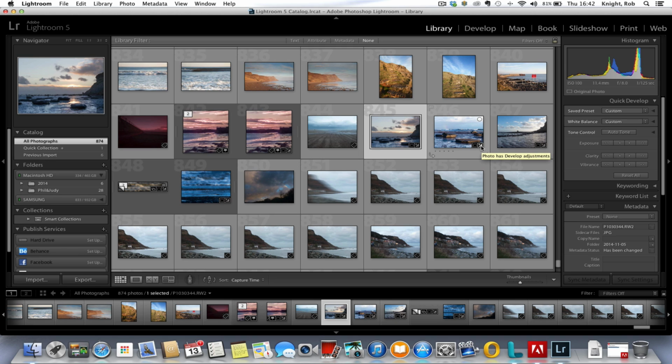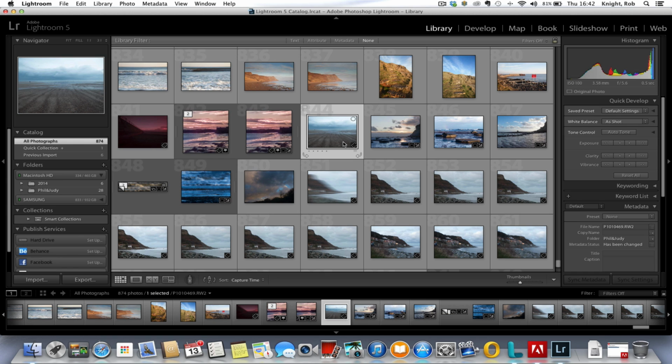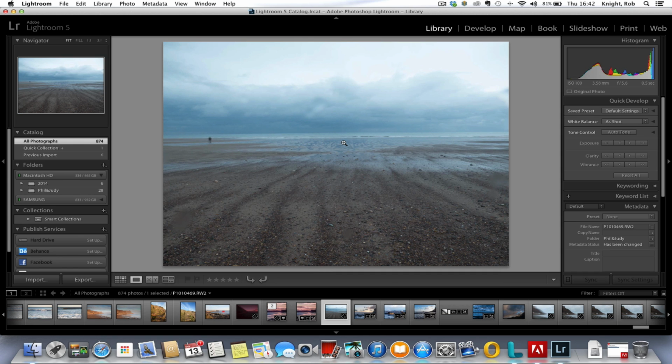If we hover over any picture, if you see the little adjustments next to it, we can actually see what work has been done on a photograph already. So again, it's really helpful to help us to see that we've actually worked on certain photographs already. So I'm going to pick one that we've not worked on for now. So I'm going to pick this file, I'll double click it, that brings it into full screen in the library